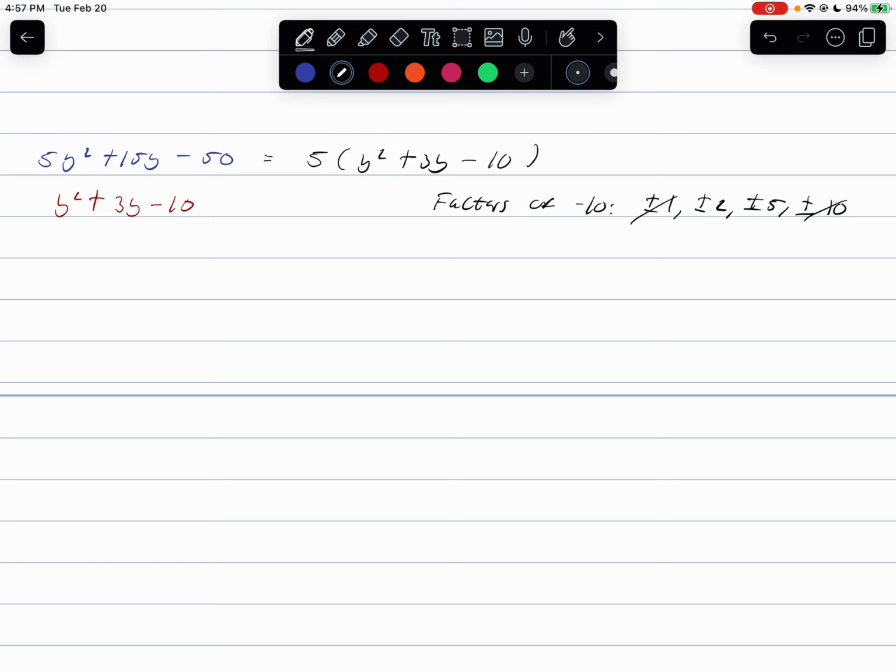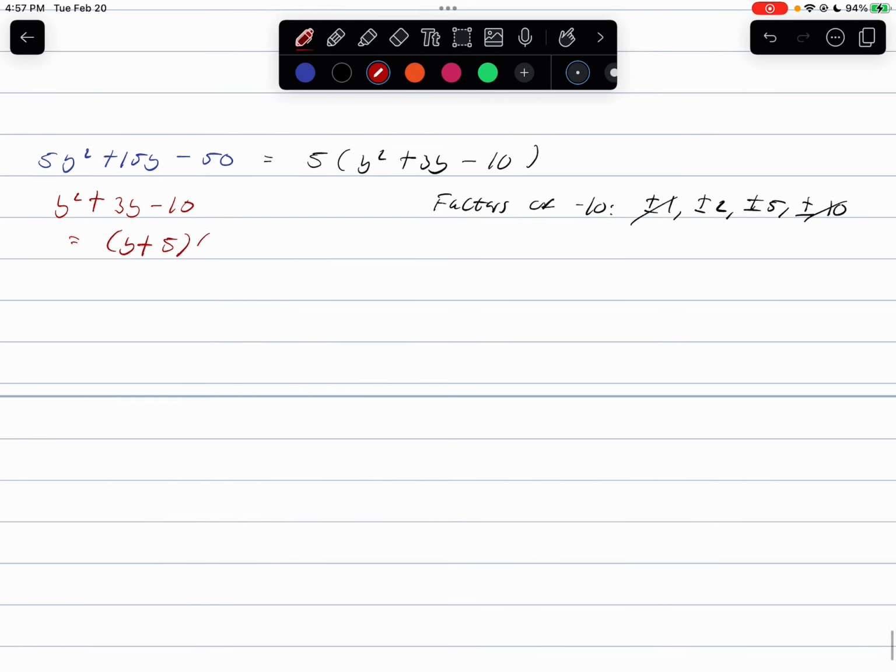So I'm thinking 5 and negative 2. So we can write this as y plus 5 times y minus 2. Okay. But remember, we have to remember this 5 out front here. So now this whole thing we can write as 5 times y plus 5 times y minus